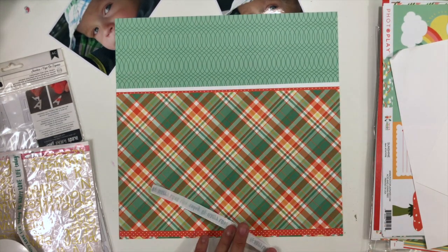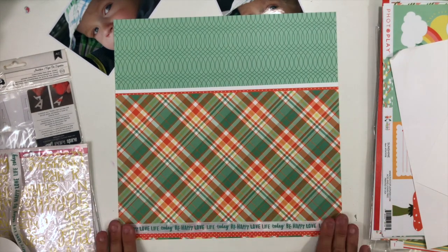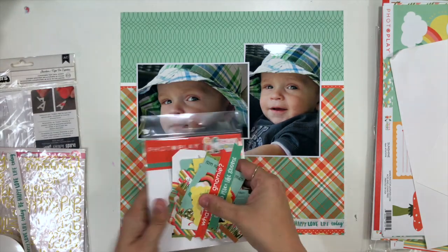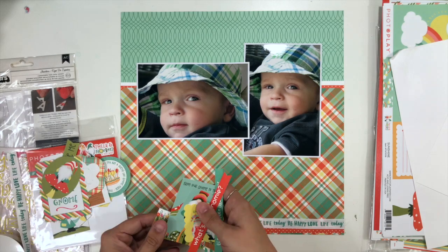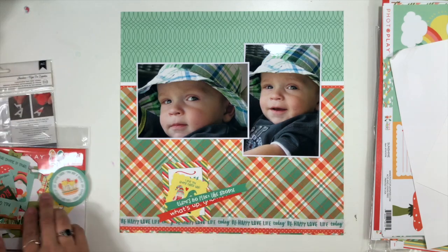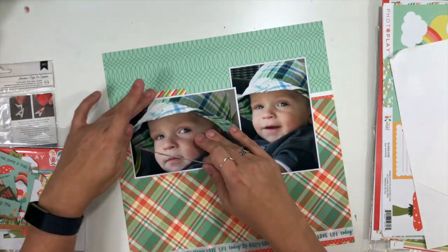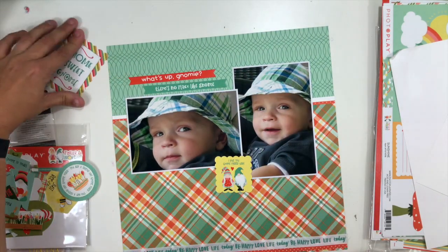So I have a vertical and a horizontal, and they are both of Parker when he was a lot younger. But I really love them because he has this adorable hat on. I have one that's a picture of him from a little further away, and then one that's more of a close-up. I backed them with white cardstock, and I'm going to have them overlapping each other just a little bit. Then I'm thinking what I want to do is build my title on top of where the photos are. But as I'm going through the embellishments, trying to decide how I'm going to add some embellishing to this particular kit,